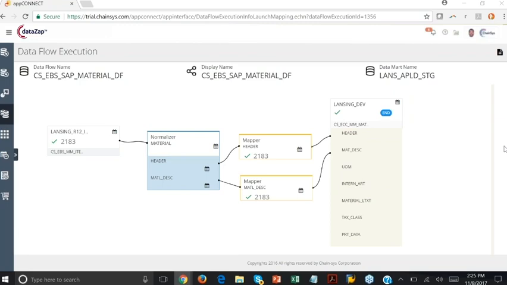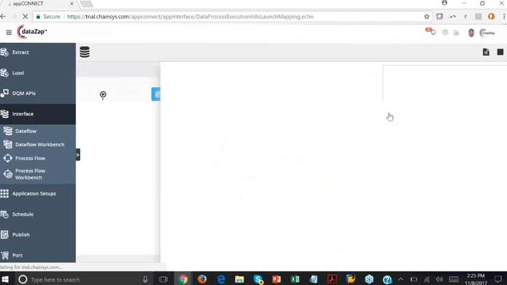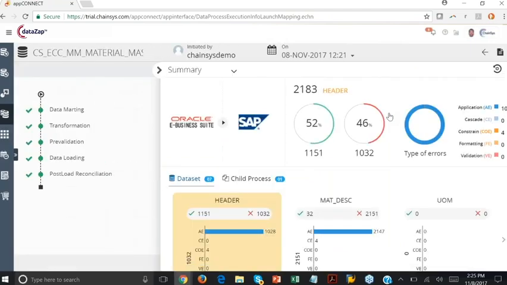So it looks like the migration of the 2,000 records into SAP just completed. What I want to do is look at the data quality results that the tool has given us. We have about 53% success records, and of course 47% is the error. Just like I mentioned, the tool also provides a consolidated summary of all the errors, and as you can see, we have bucketed all of these errors into application errors, cascade errors, constraint-based, formatting-based, and